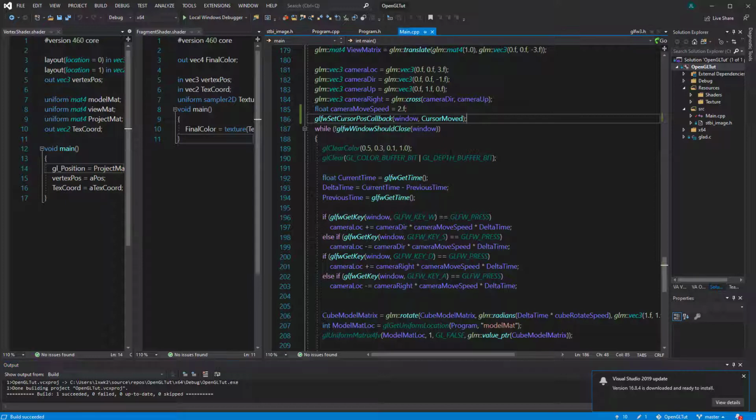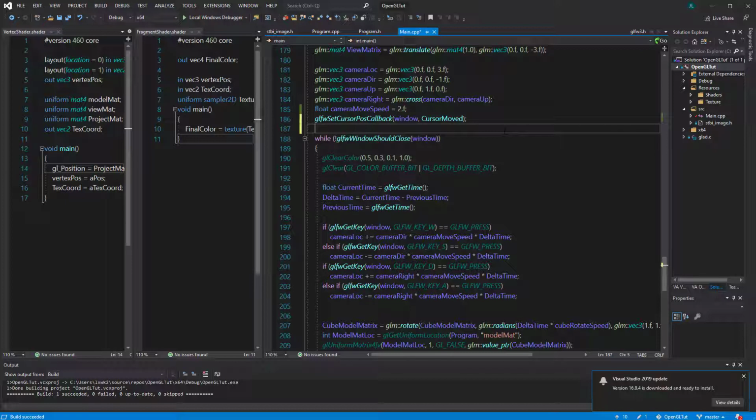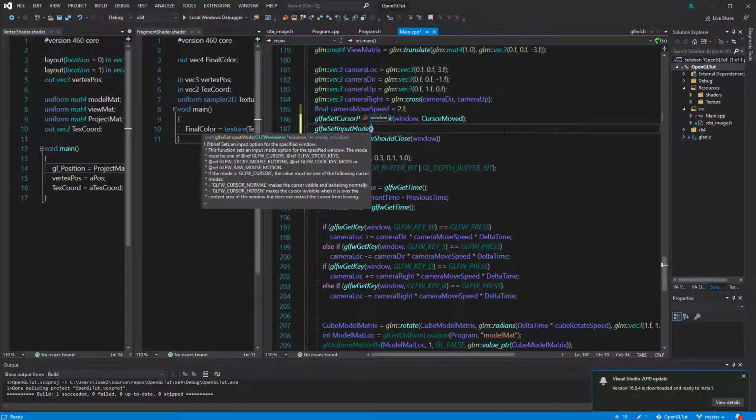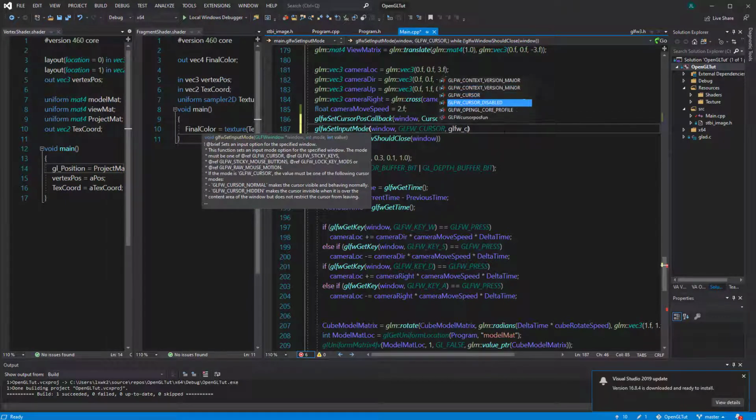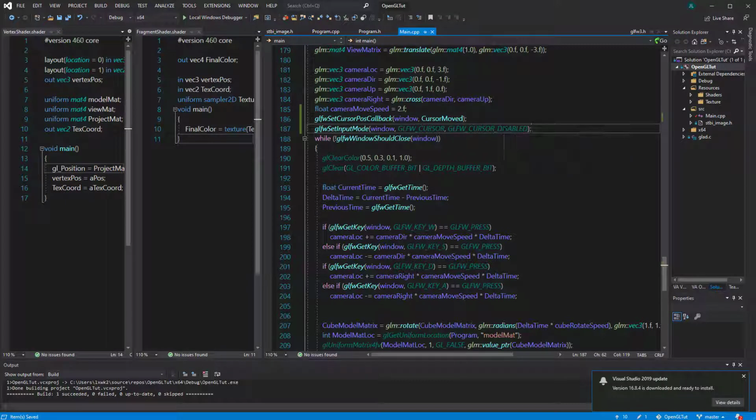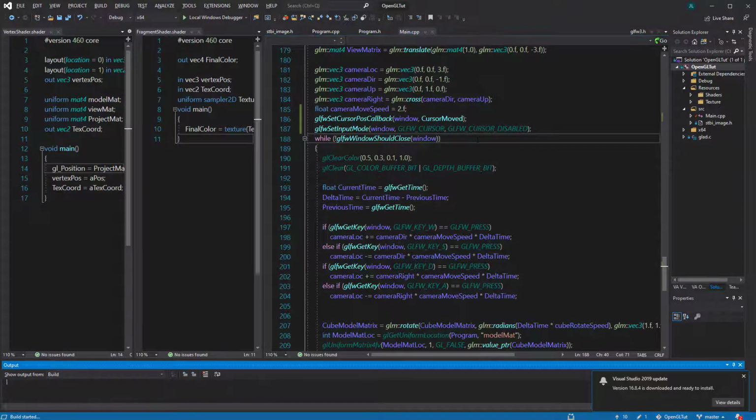That wouldn't work because we want to continuously move the camera even when the cursor is outside of the window. So we need to basically tell the window to capture the cursor, right? Once the cursor is in there, it's in there, right? Even if the cursor is not in the window. And we need to do that by doing a glfwSetInputMode, and we're of course setting that to our window, and then we're going to set something for the cursor, and then GLFW_CURSOR_DISABLED, right? That will tell it to not show the cursor, and whenever the cursor moves, it moves, and then the value will be calculated, right? So if we run this again,